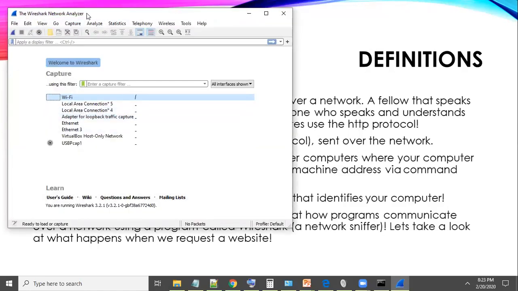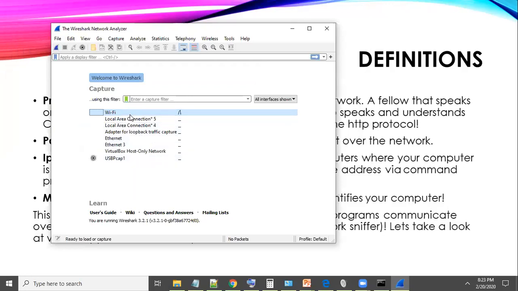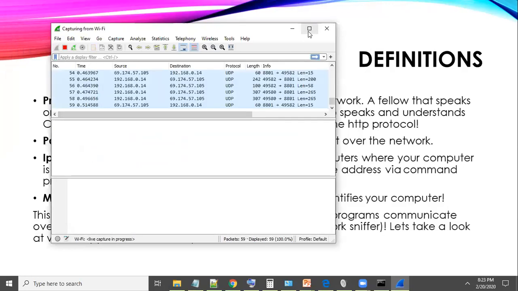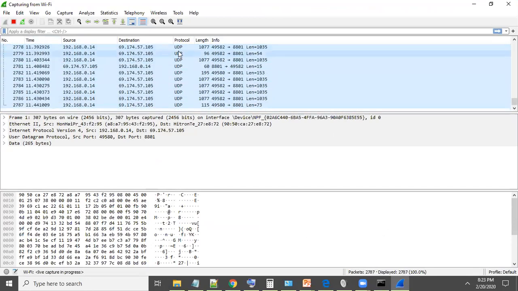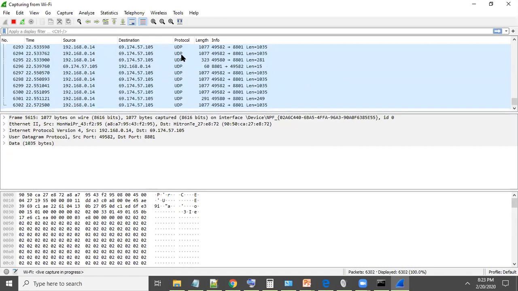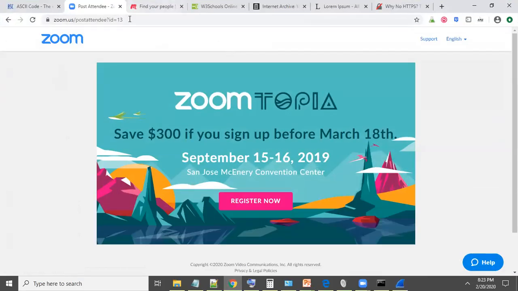Okay, so as you see here, Wireshark opened and I have a list of my network adapters. Click on Wi-Fi and boom. These different lines that show up in the first window are actually different packets that are being sent over the internet. See this UDP protocol? As I said before, a packet is a word in the language and a protocol is the language of the packet. So the UDP protocol is actually this video you're watching. So that's actually the frames and the information that's passed over the actual message. So we could actually look at HTTP sites as well.